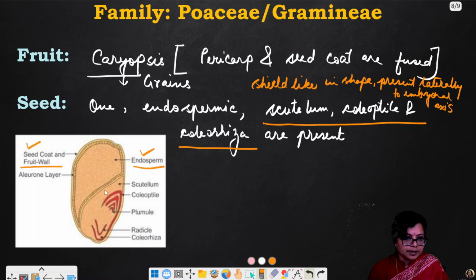So this is scutellum, this one, and root cap and the radicle remain covered by a membranous sheath